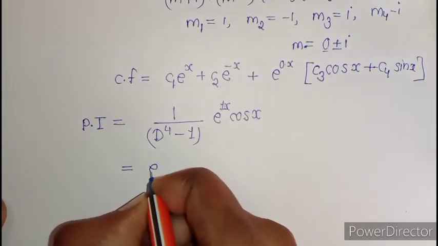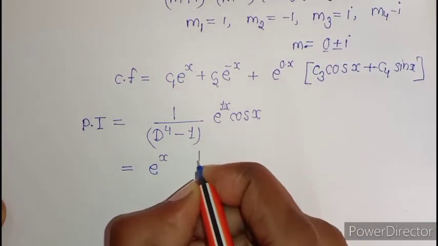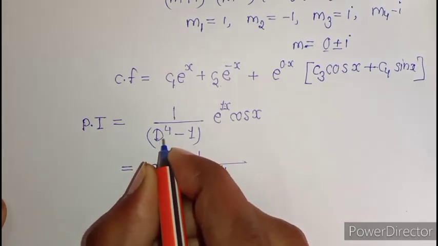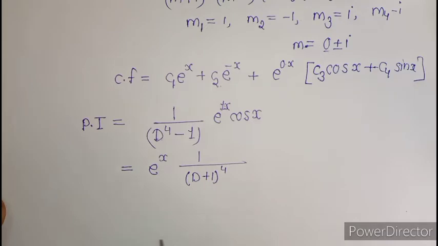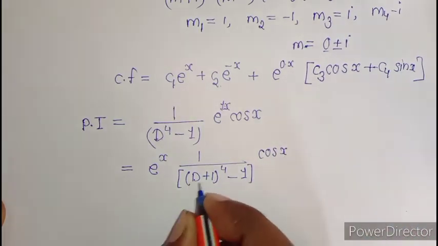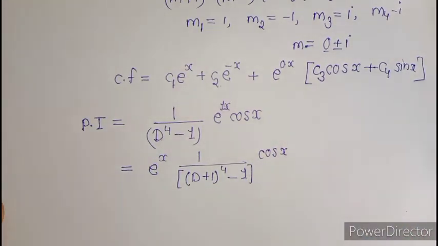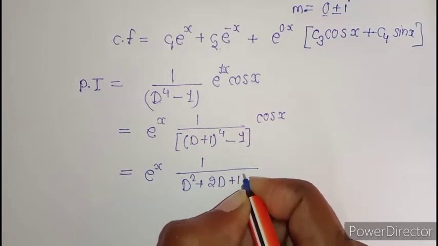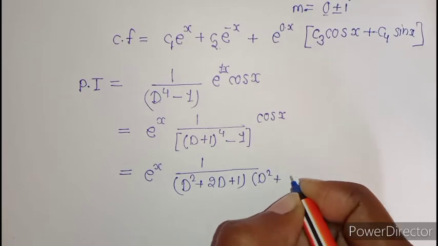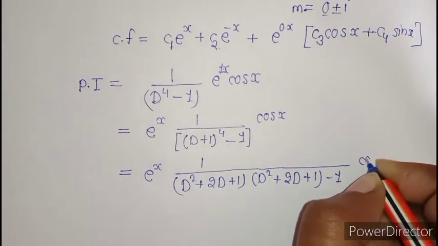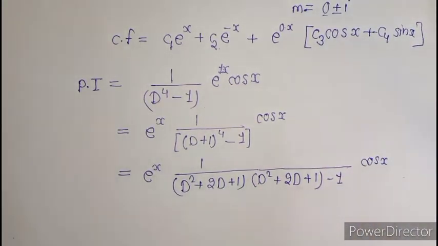So you can easily understand that when we take e raised to power x outside, our f of D becomes (D plus 1) raised to power 4 minus 1, applied over cos x, since we replace D by D plus a, that is D plus 1, since a is 1. Now we can easily solve it, as I solved in my second case when our Q was a trigonometrical function. Now we will open this, so we can write it as D square plus 2D plus 1 into D square plus 2D plus 1. It is a little lengthier, but it is very easy, so we can do it. So this becomes of this form.